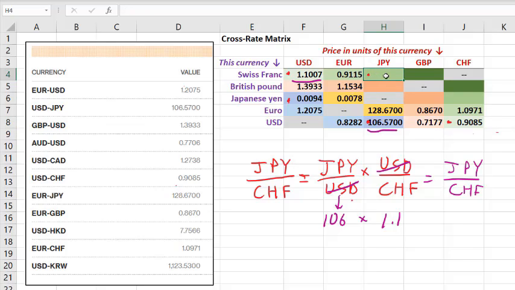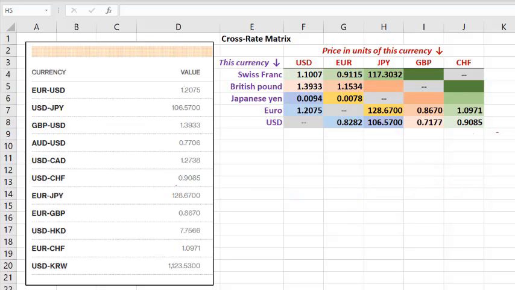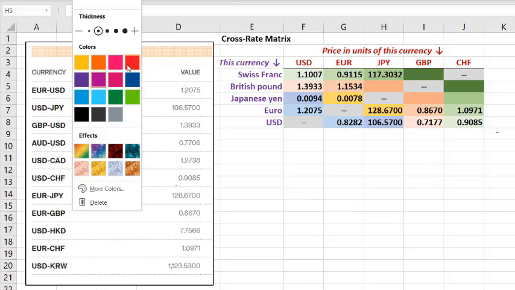So let's go into that cell then and do that math. We're taking the Japanese yen per dollar, which is this, times the dollars per Swiss franc, which is that. So there we go, 117.3. And then the procedure is going to be the same for all these remaining cross rates,